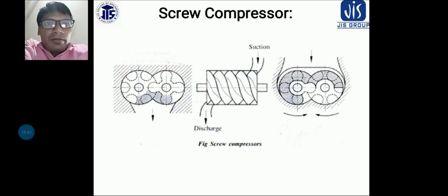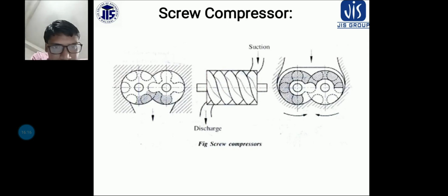as the enmeshing of the lobes of the compressor progressively reduces the space occupied by the gas, and the compression of the gas continues until the interlobe space communicates with the discharge port in the cylinder, and the compressed gas leaves the cylinder through this port. Okay, so this is all about the working principle of the